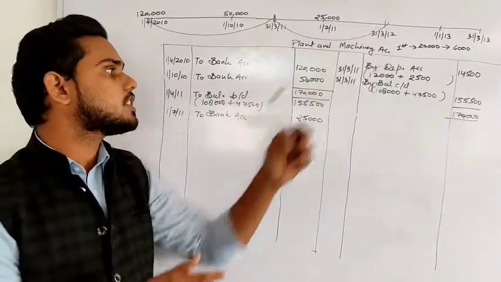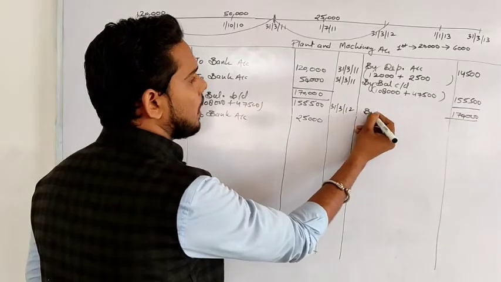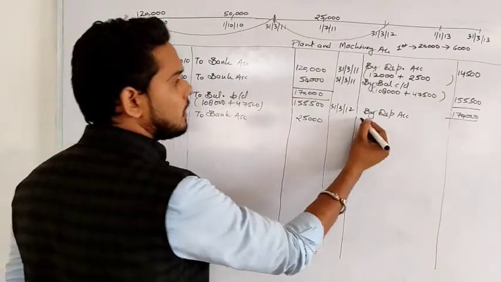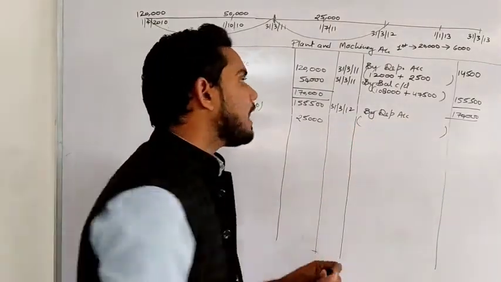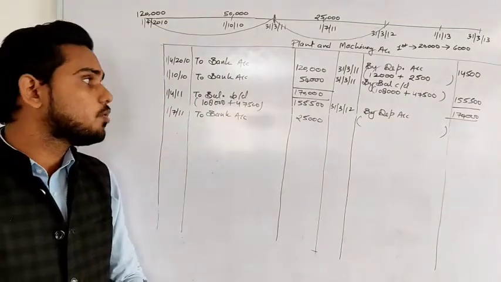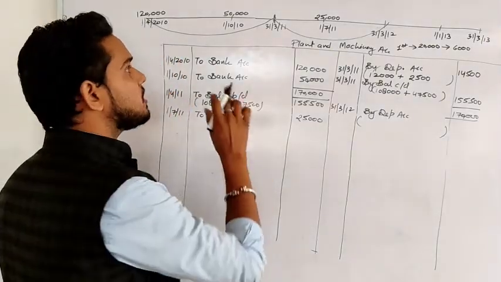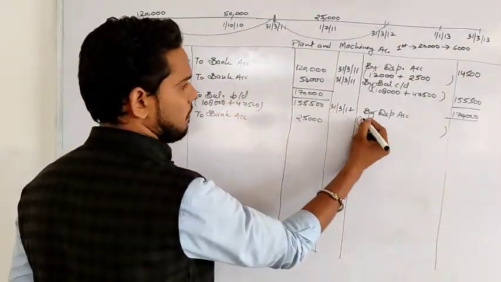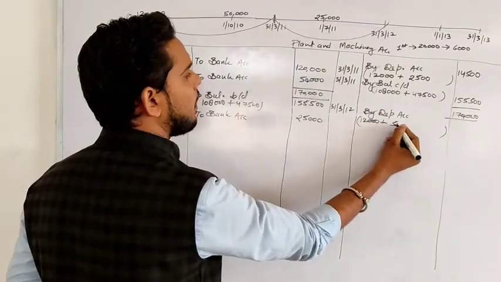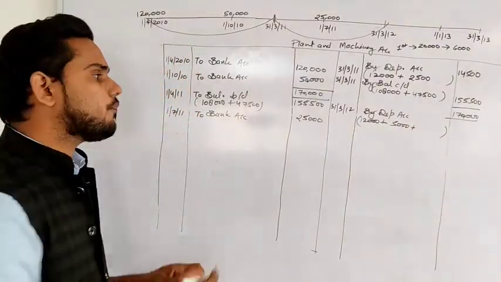So on 31st March 12, we will charge depreciation. Okay. And we are following the straight line method, so depreciation will be same for every year. But this year, we are having now three machines, first, second, and third, which we purchased this year. So we have to charge depreciation on all the three machineries. So on first machinery, depreciation will be same, 1,20,000, 10% will be 12,000, plus 50,000, 10% will be 5,000, and plus 25,000 10% will be 2,500.